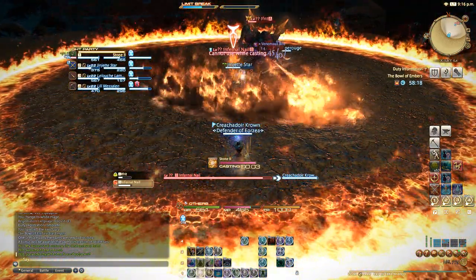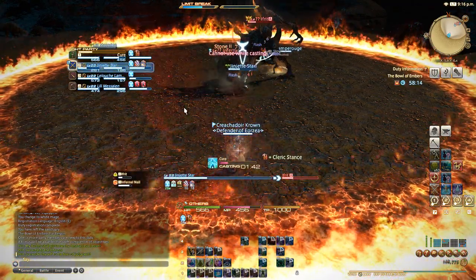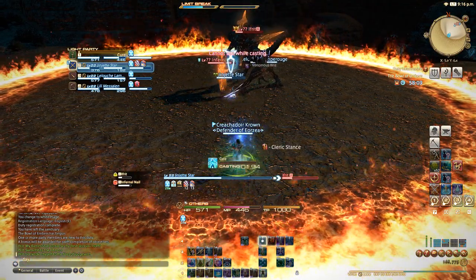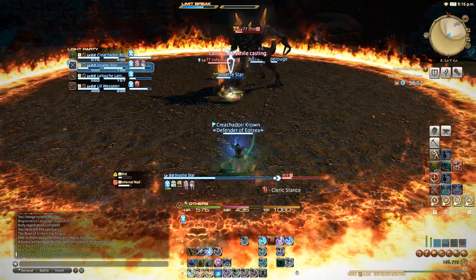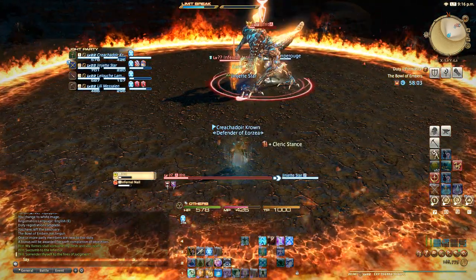Actually, you know what? Now that I look at it, I wonder if it's something that you can totally do, as long as the rest of the party spreads out well enough. We should take off cleric stance when we're healing. Maybe the tank can actually target the nail without it being too much of an issue, in which case maybe